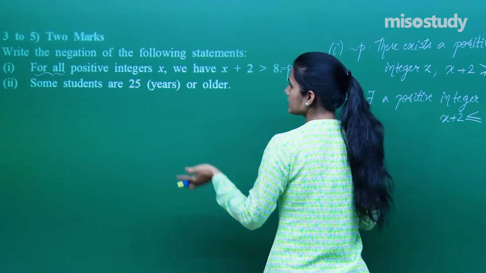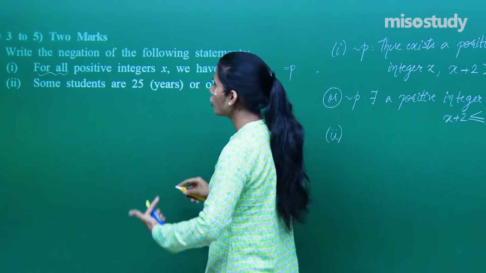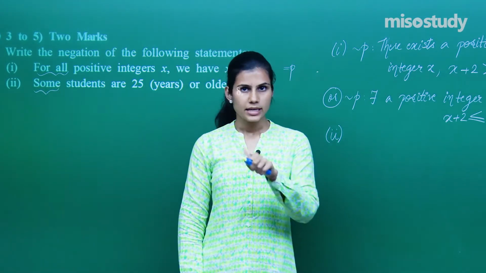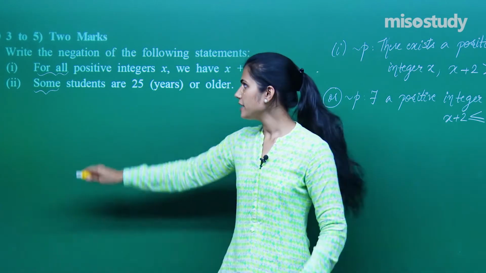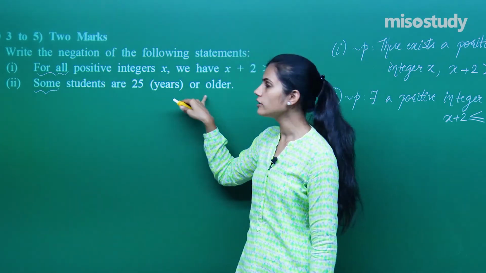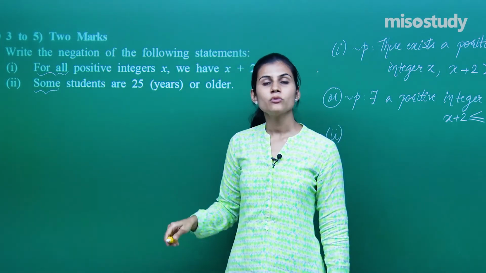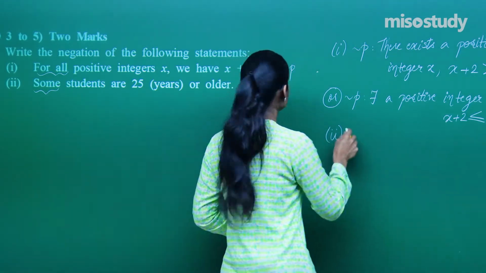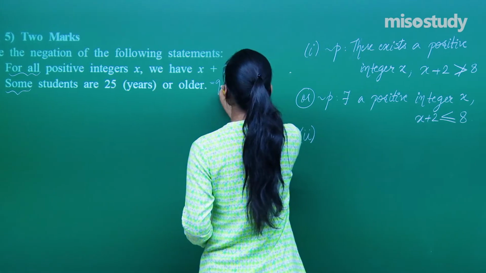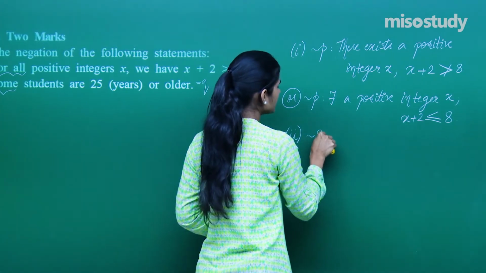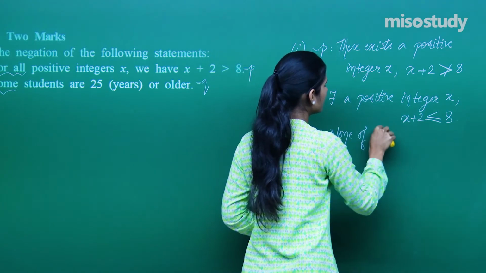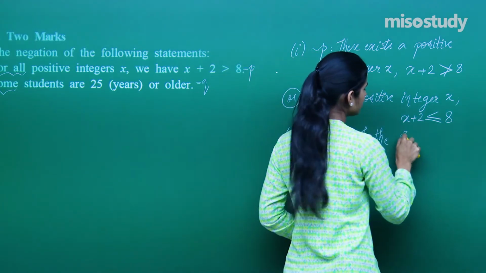Second is, some students are 25 years or older. Some. What is the negation of some? None. Even if there is one student who is 25 years or older, its negation would be none of the students are 25 years or older. So if I am saying this is my statement Q, then not Q is none of the students